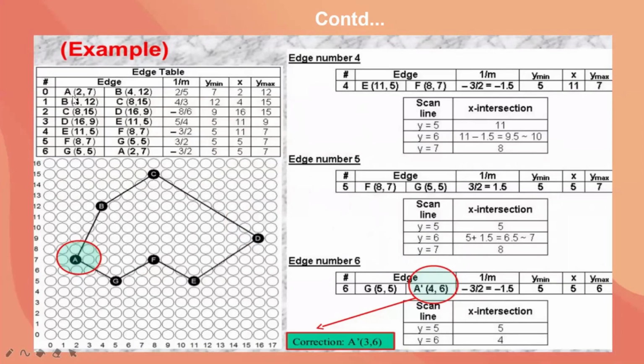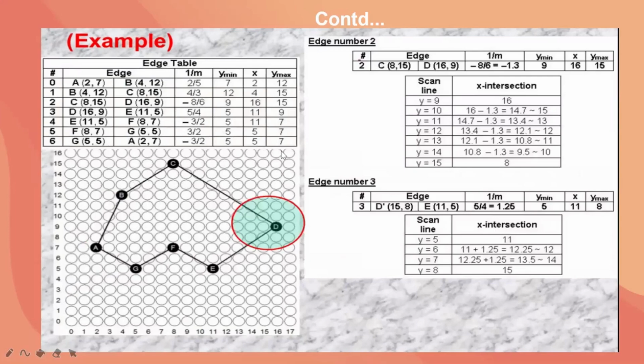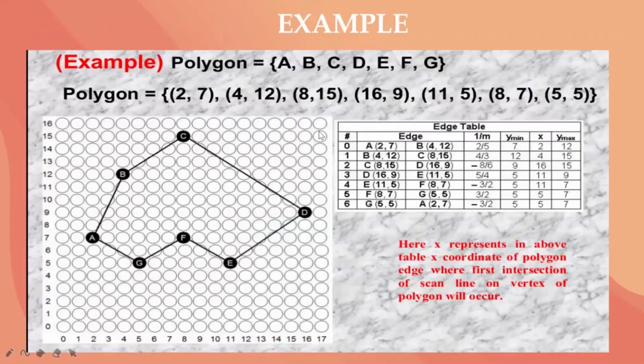Because first we start with something and then we reach something, and you will have some negative values also. Whenever you have a negative value, you have to do the inverse. Okay, that you can also see here. So in this way you have to find out your scan line fill algorithm. This example is very important. You are going to practice this example and solve it, because this kind of question you may get in your question paper.